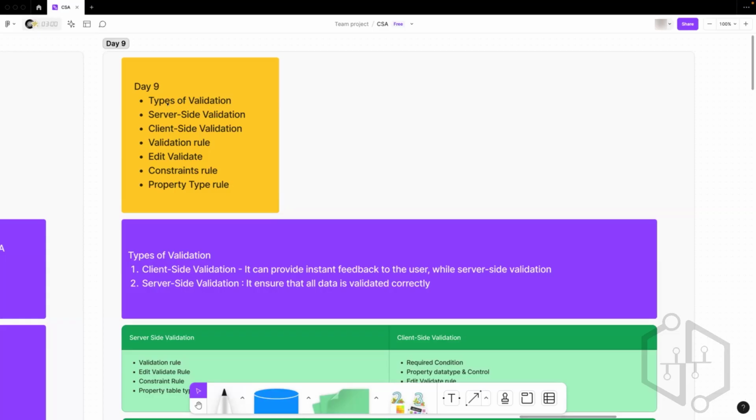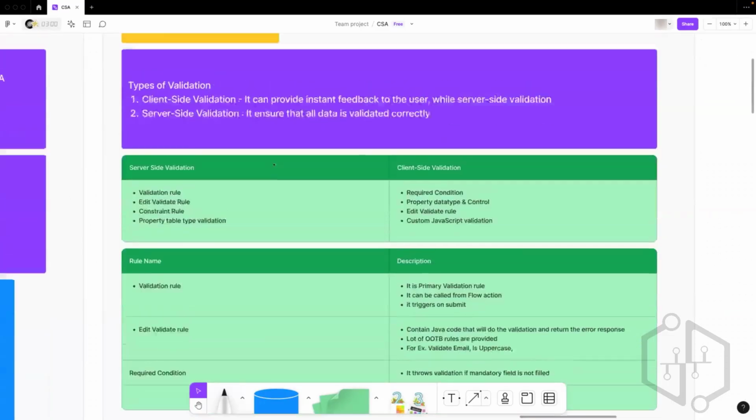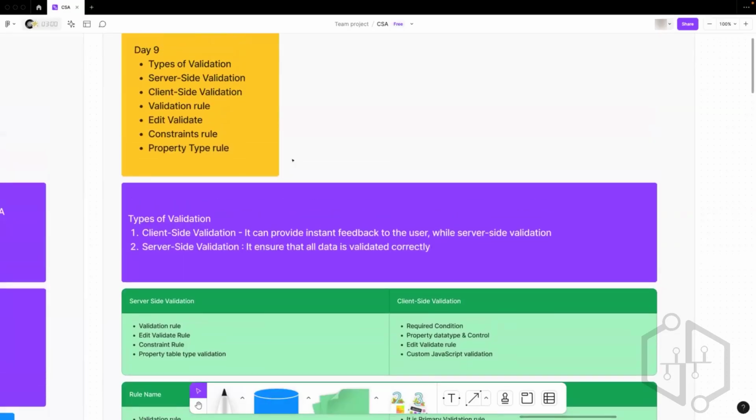Then we are going to talk about the validation rule, edit validate rule, constraints rule, and the property type rule. It's a very small topic, I would say. So we are going to do a practical for all of these. Okay, so if you see